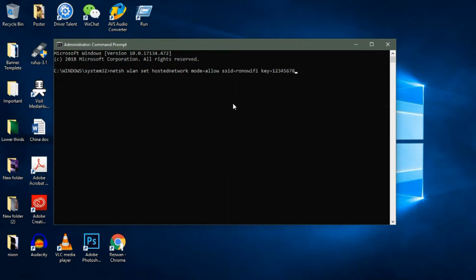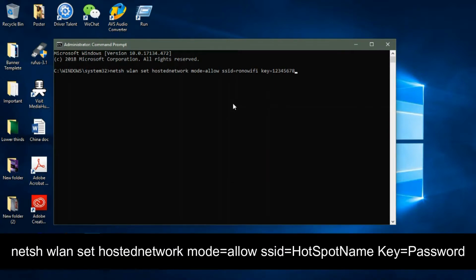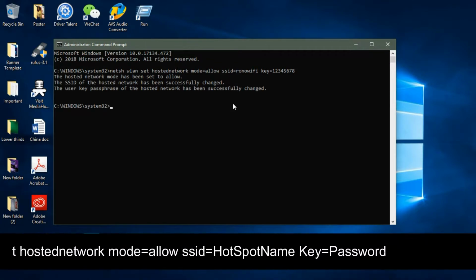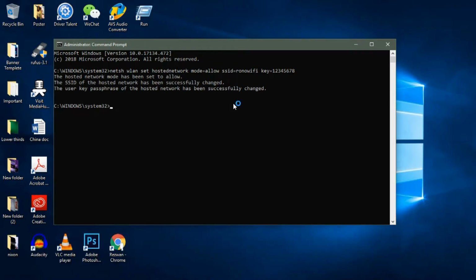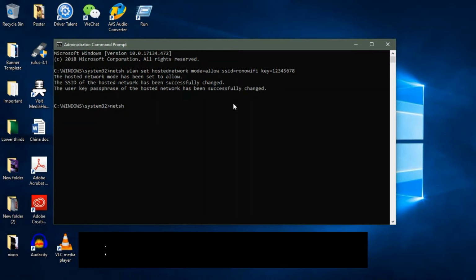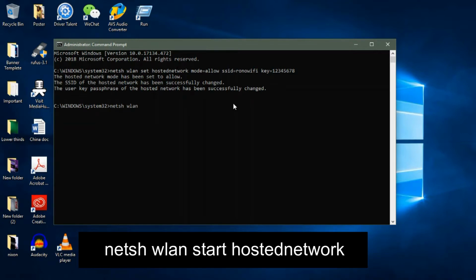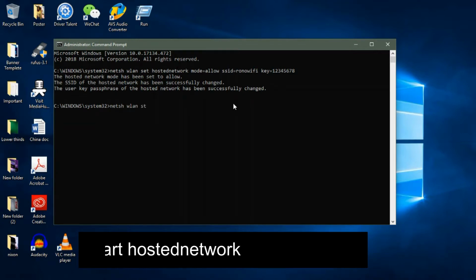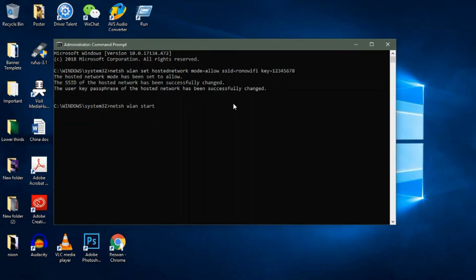In the command prompt, type the following text, press enter. To turn the Wi-Fi hotspot on, write down net sh. To turn it off, write down